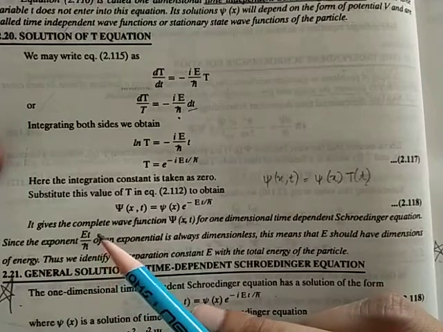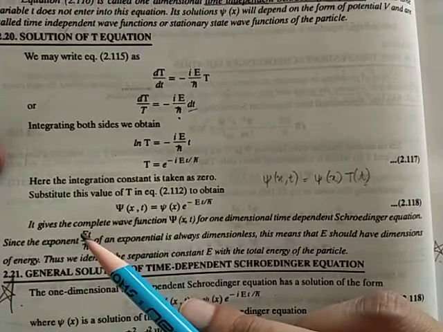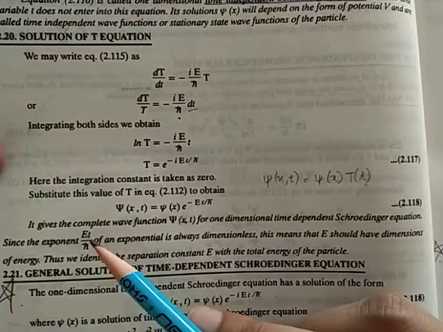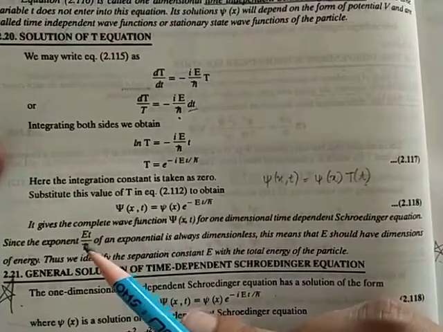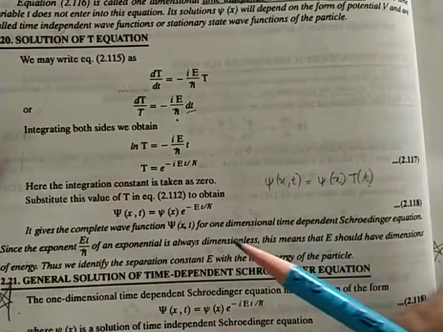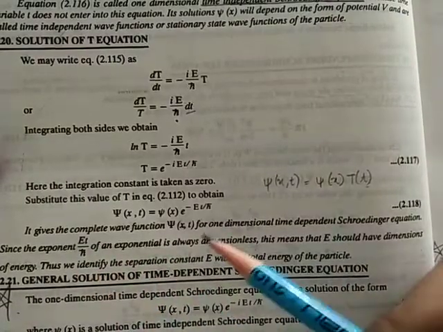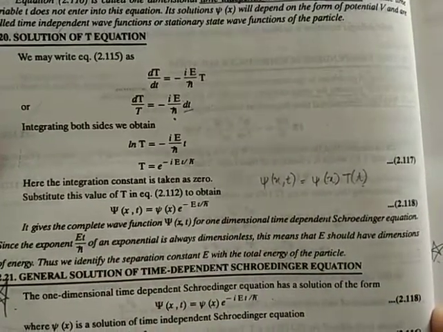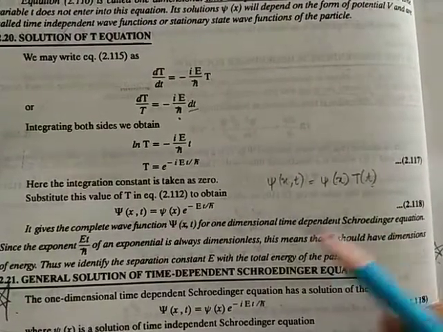So when we divide h cut by t, we will get E, so that it must be dimensionless. So we can say that this E is the total energy of the particle. So here we have just considered one simple